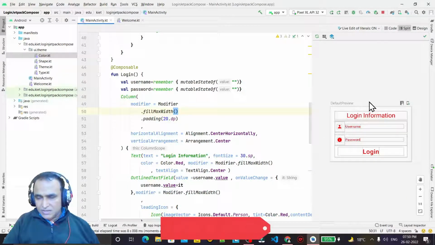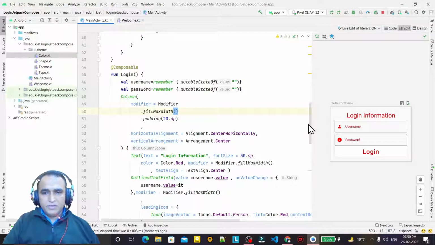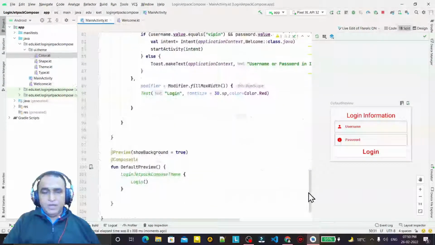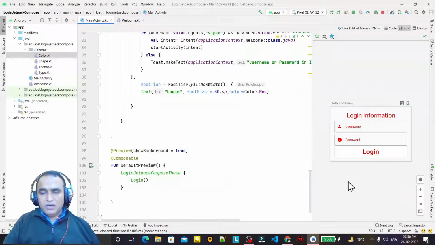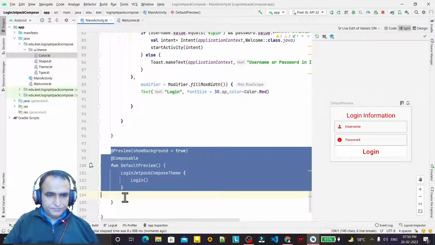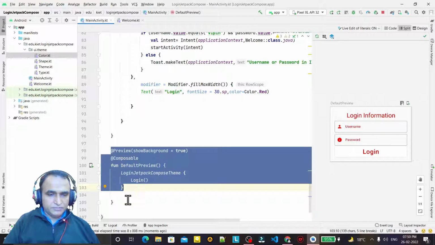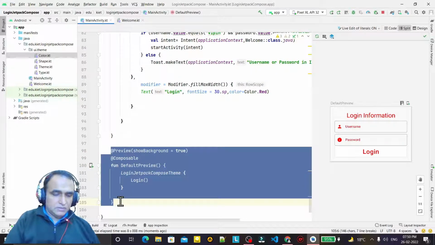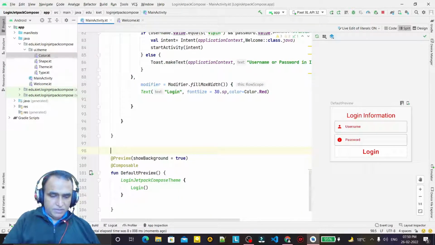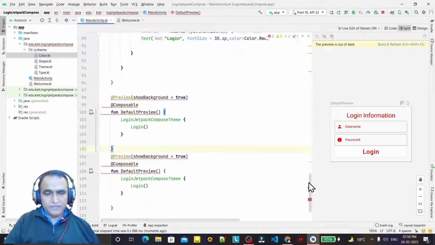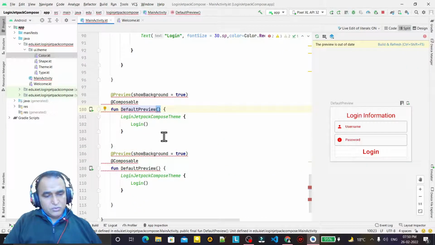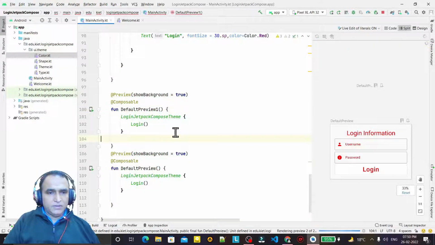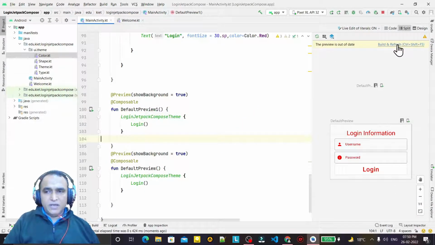So you see, this is the size of the code which I wrote in my previous video. Now I want to see how it will look in dark mode and how it will look in white, normal mode. So what I do is copy this function and paste it once again. Now I change this to preview one here, and you will see if I click on rebuild,